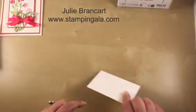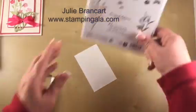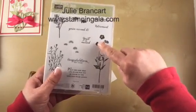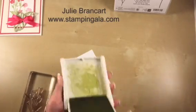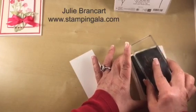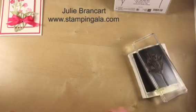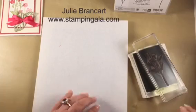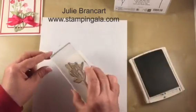To get started, we're going to take a piece of shimmery white cardstock and our first image, which is this part of the flower here, and secondly we'll be using these flowers. We're going to use Pear Pizzazz ink and ink this up. But before I do that, it is a photopolymer stamp set, so I recommend using a Stampin' Pierce mat to get the best image, and I use a piece of scratch paper on top. We'll ink this up,